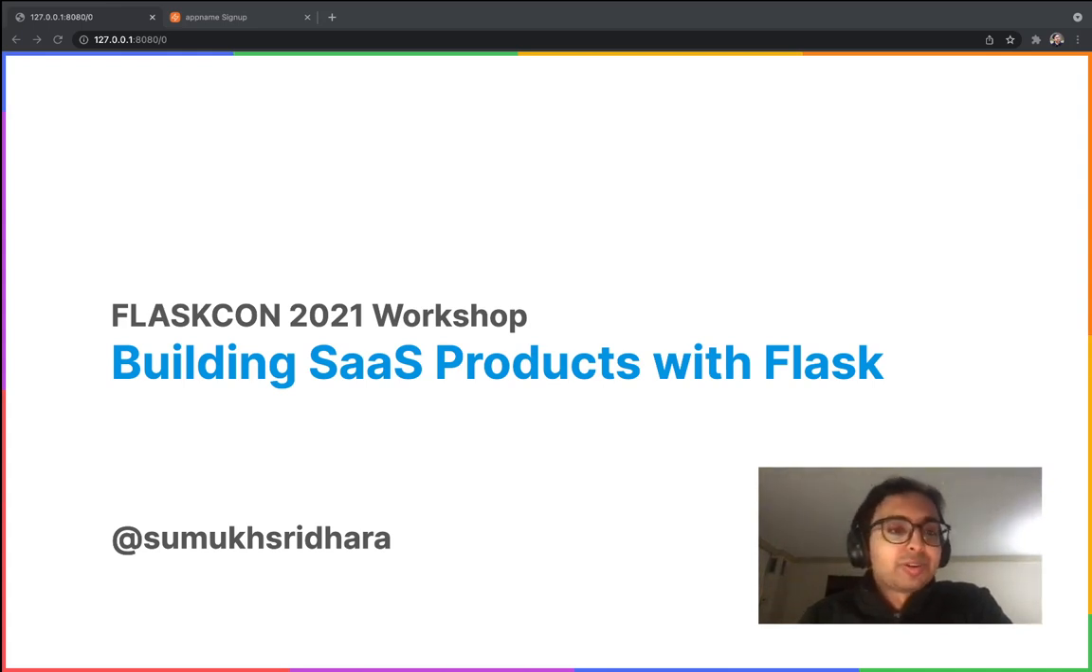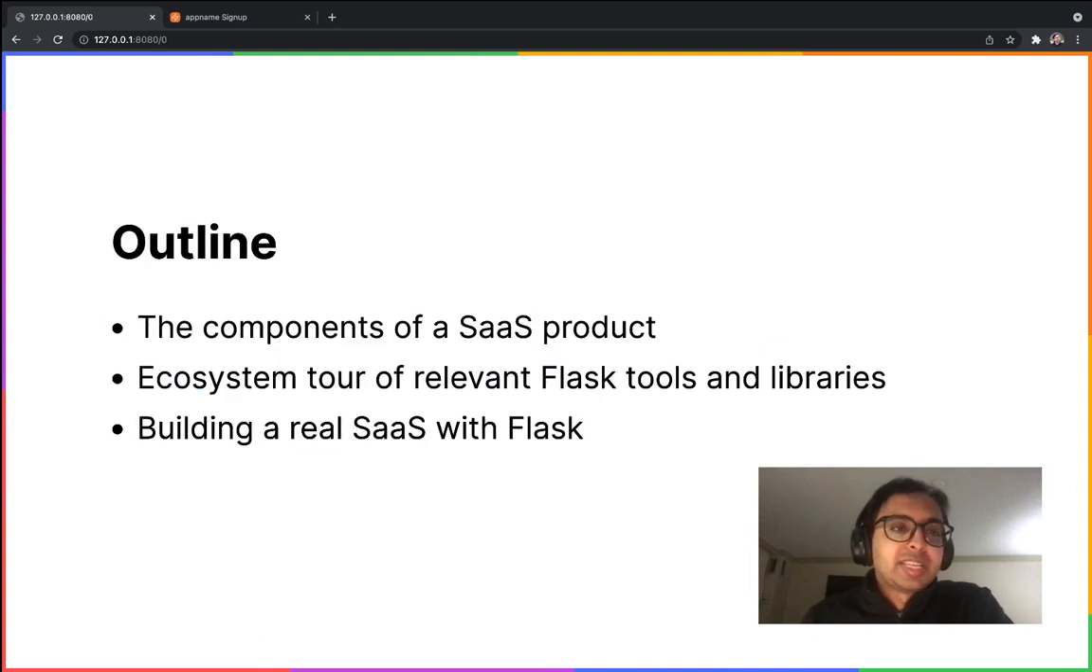The outline for this workshop comprises three phases. The first is we're going to build an understanding of what makes a SaaS application and what we would need to do to build each part of it. Then we're going to go over an ecosystem tour of relevant Flask tools and libraries that will help us build this SaaS application. Lastly, we're going to put those all together into a real SaaS application that we can